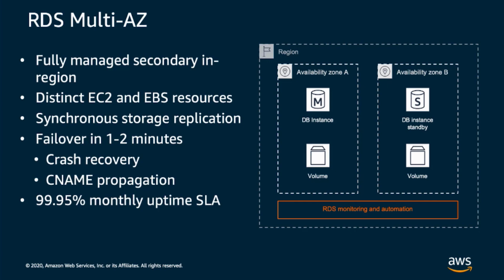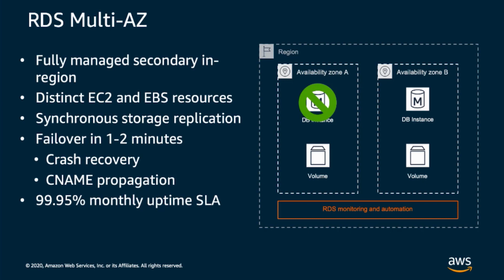There are distinct EC2 and EBS resources we create, and then what we do is we replicate the data synchronously. So in case of a failover, there won't be any data loss. We synchronously replicate the data from the primary availability zone to the standby. In case there is something wrong with the availability zone, our automation process will detect that, and then it will initiate